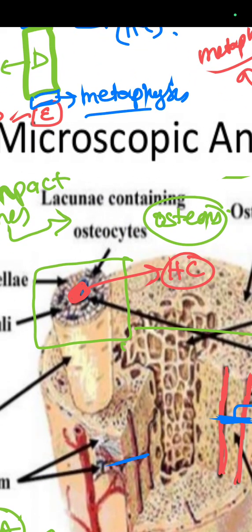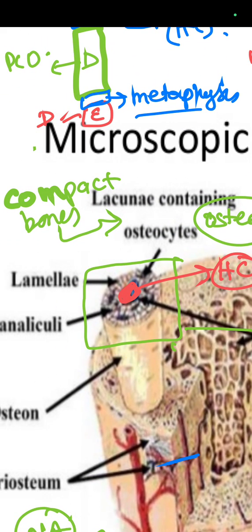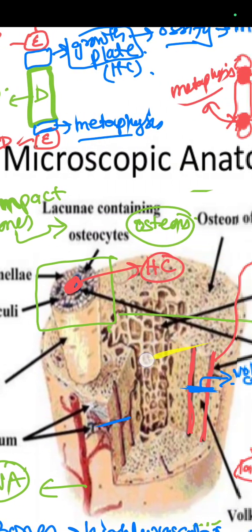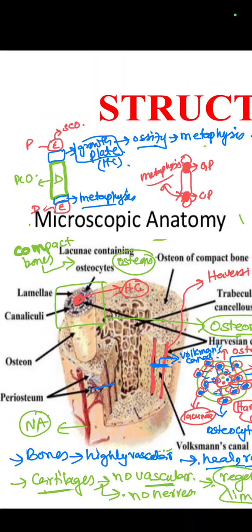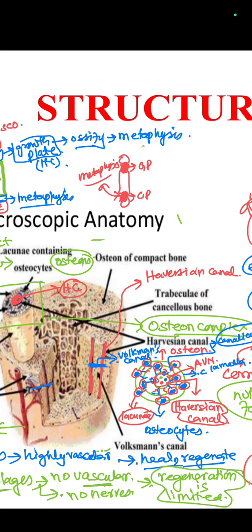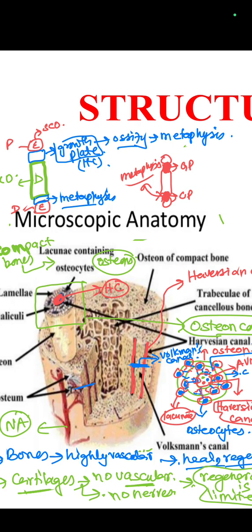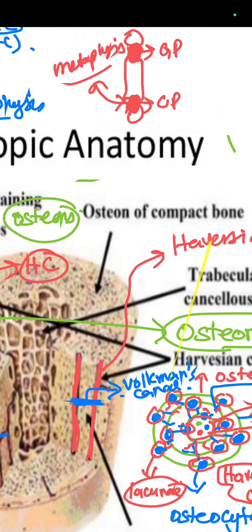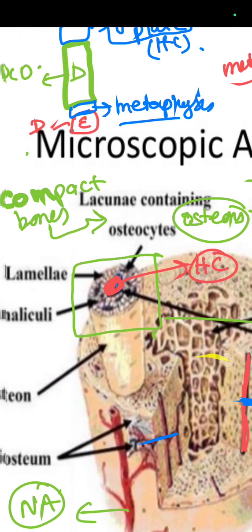This is the lamellae. Then this is the osteocyte, the cell present in the canaliculi. After that, the Haversian canal is also present here. This is the Haversian canal. It provides nourishment to each osteon,